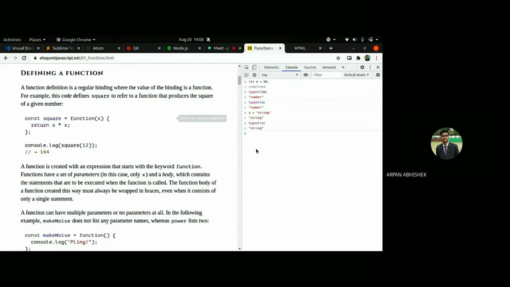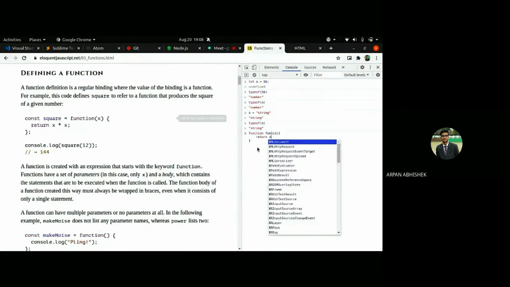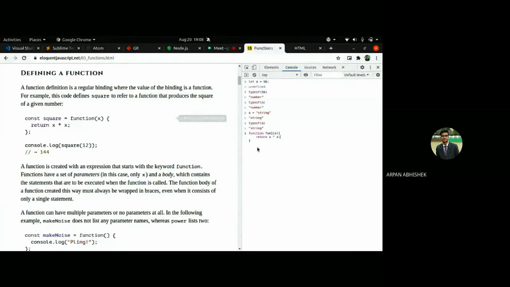Okay, so the way we define function is, actually we have different ways to define function. We can say function name one. We can give it a parameter, and we can simply say return x times x.